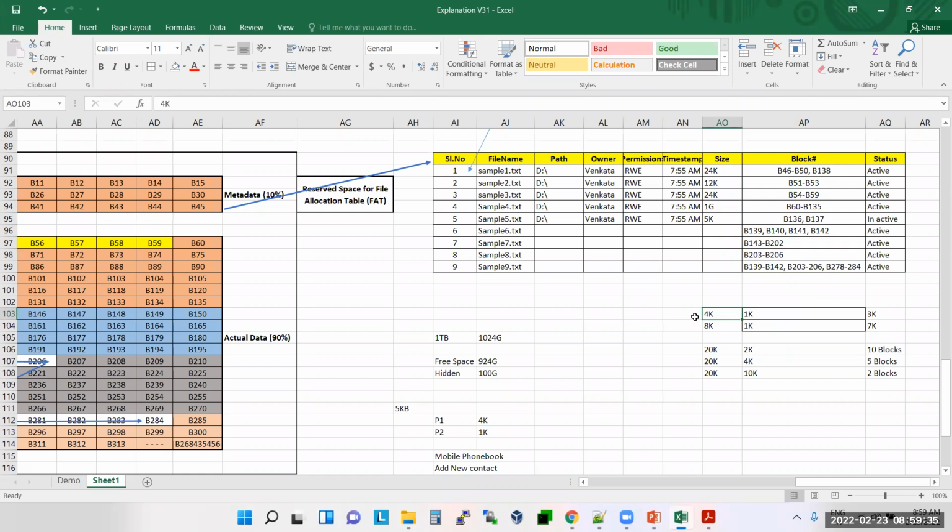Sir, one more thing. If we increase the size of the blocks, then we cannot utilize the hard disk properly. For example, if the block size is 10 KB and we want to put only 4 KB or 2 KB of data, the complete block is used. Yes, storage will be wasted.